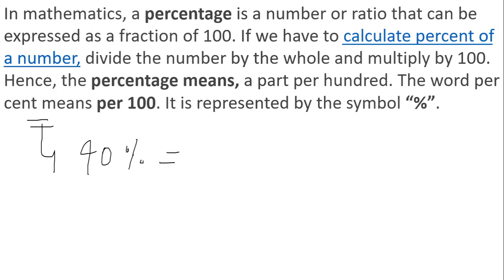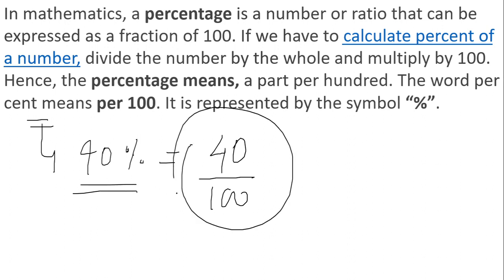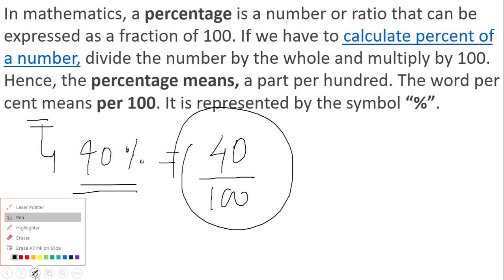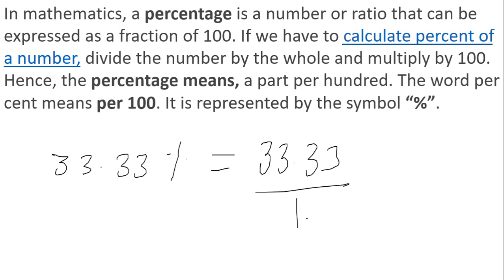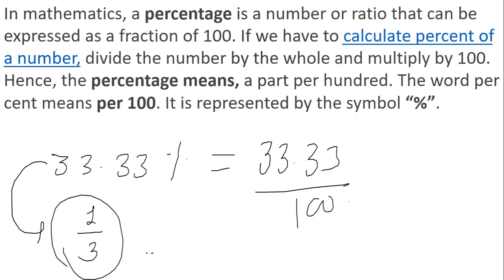Always remember, percentage means we are basically dividing 40 by 100. Per 100 means a person is getting 40 out of 100. He is getting the 40 value out of the total 100 value. For example, a person has got 33.33%, and 33.33% can be represented as 33.33 divided by 100. Or 33.33% is also represented as 1 by 3 in the form of fraction. I'll explain these things in detail, but for now you just have to understand